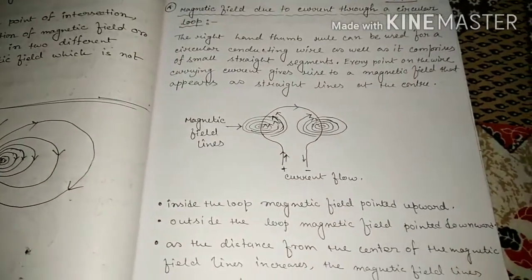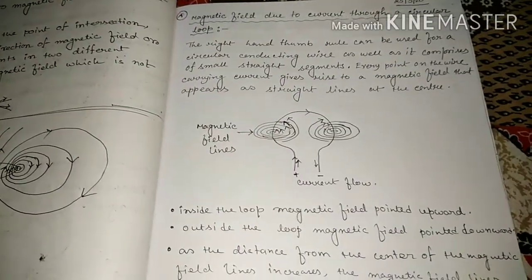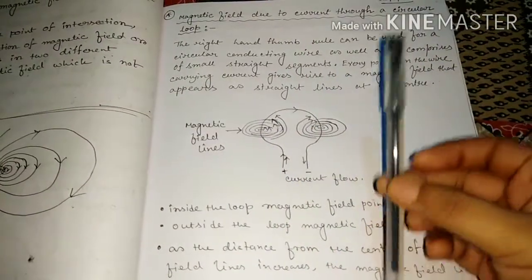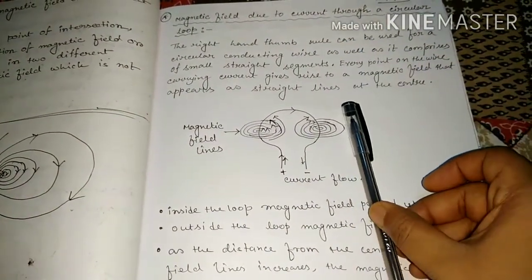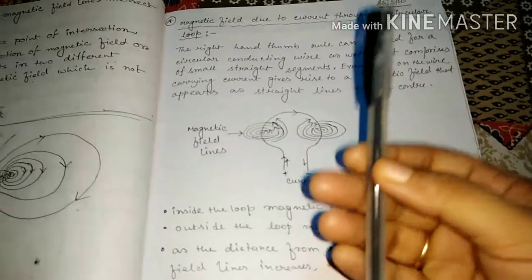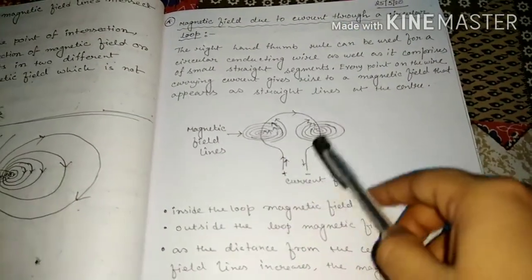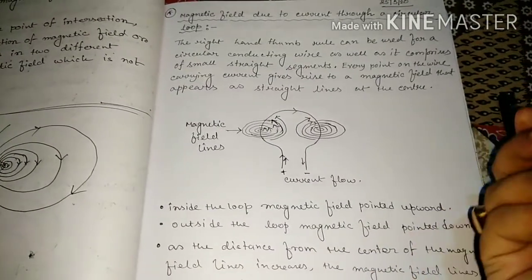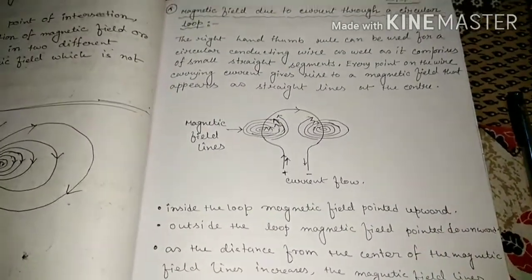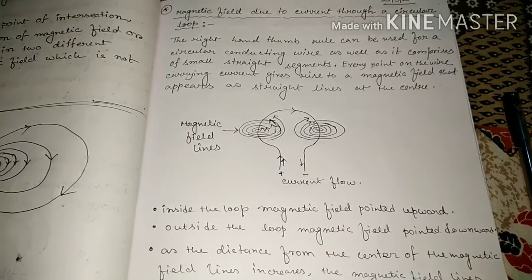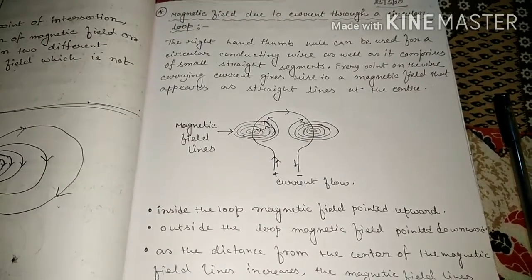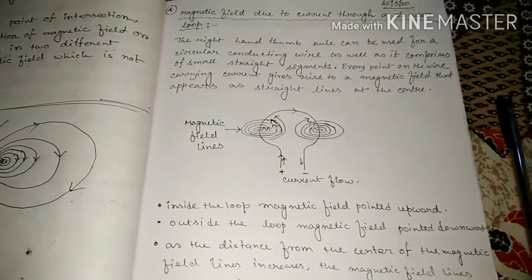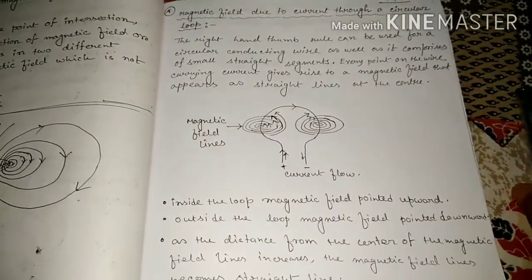But now one question arises. What is that question? In the previous video we discussed a straight wire, and that law is for a straight wire, but this is a circular wire. Then how can we hold that wire and how can we find out the direction? For that problem, you just divide the circular coil or circular wire into various segments.